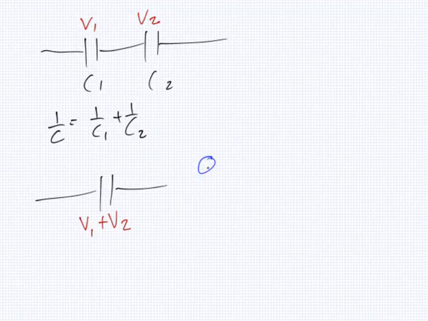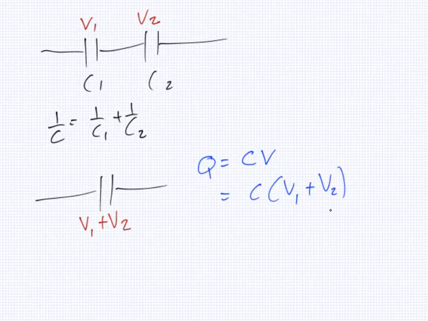The Q, what's the formula for Q? It's CV. Now, do we know what the C is? We have to calculate it from this. But we know what the V is. What is it? V1 plus V2. Now, this is kind of a little bit messy, but anyways,